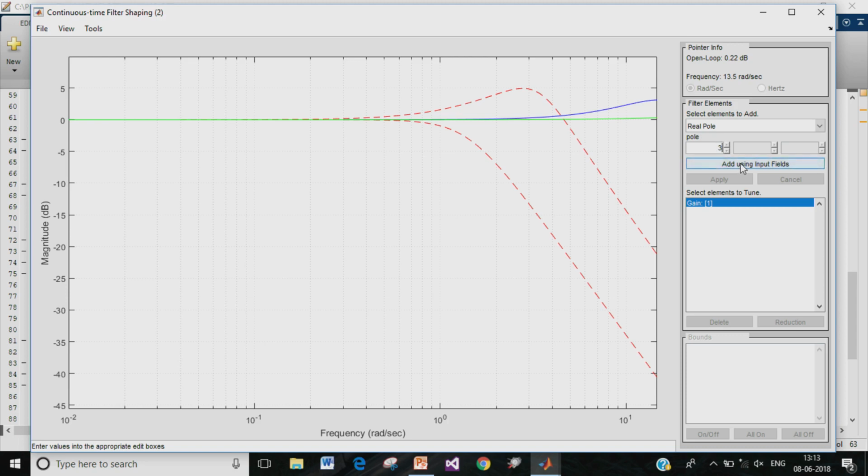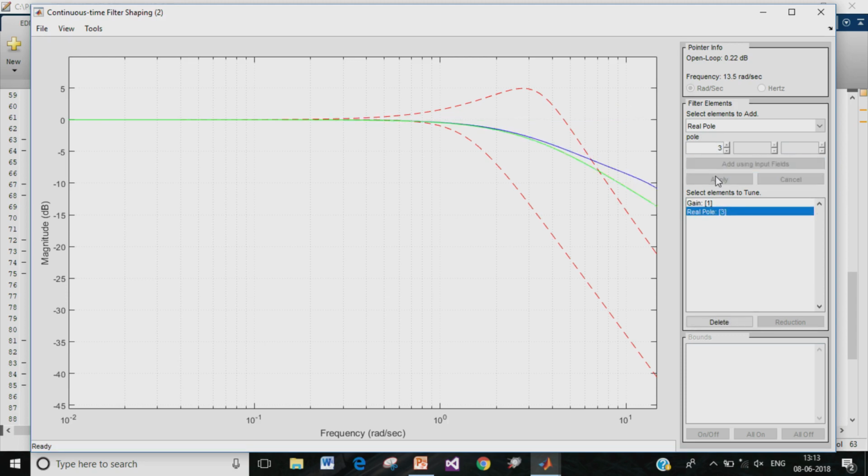If we apply it, we see an improvement in the extent to which the transmission functions T upper and T lower, indicated by the blue curve and the green curve, fall between the specified limits indicated by the red dotted lines. We want the dominant poles to be at minus 1.5 plus or minus 2j.